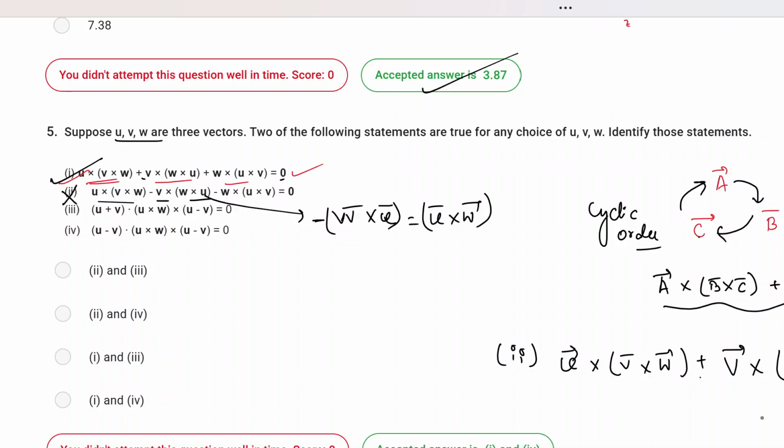Now you see that U, V and W are maintaining a cyclic order. But after that you have to have V, W and U, but rather you have V, U and W. So this is not cyclic in order. Then after that you have to have W, U, V to maintain the cyclic order, but instead you have W, V, U. So this is also not cyclic. So by this identity rule, you see that the summation of them will not be 0. So this identity is incorrect.